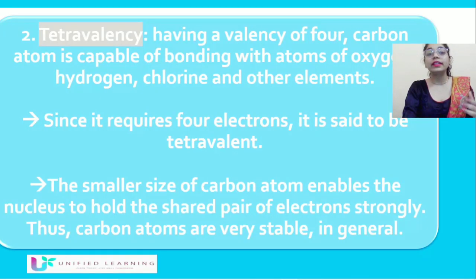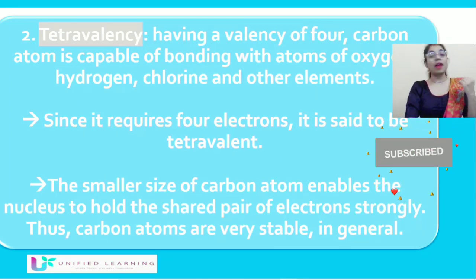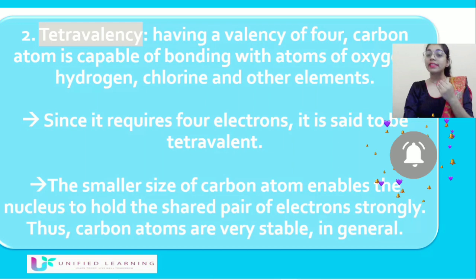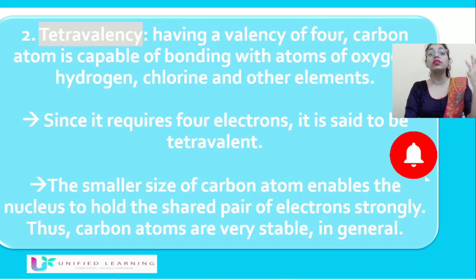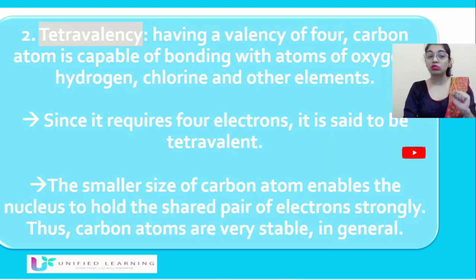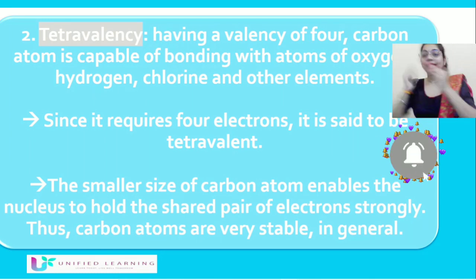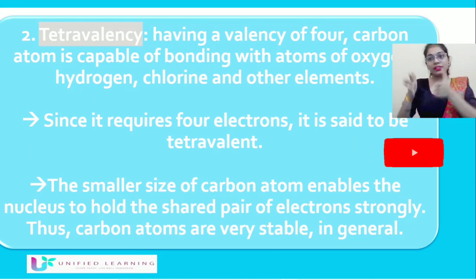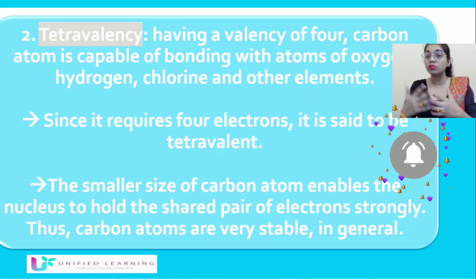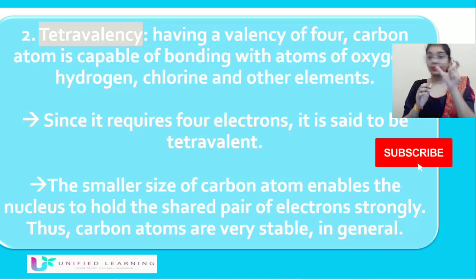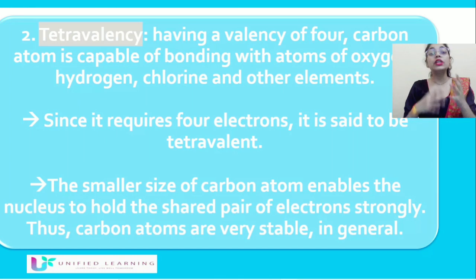Moving further, let's talk about tetravalency. Having a valency of 4, the carbon atom is capable of bonding with atoms of oxygen, hydrogen, chlorine, and other elements also. So it requires 4 electrons, which is why it is said to be tetravalent. I hope it is clear. Tetravalent means that it requires 4 electrons to make covalent bonds. Okay, the smaller size of the carbon atom enables the nucleus